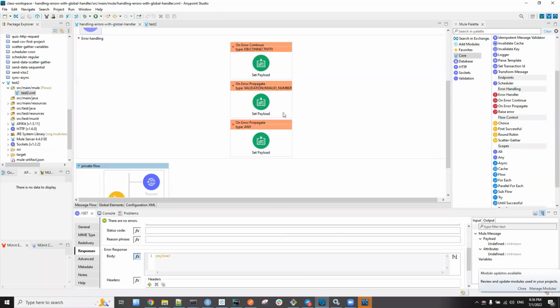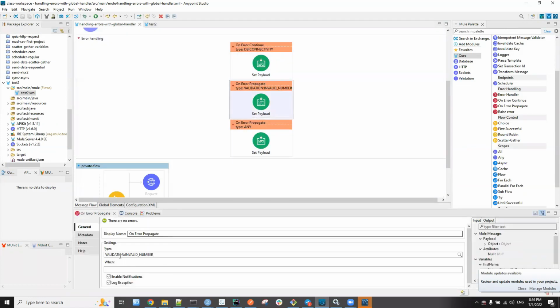Let's say this one, rather than using type here, I can put an expression under when, and we have to make it a DataWeave expression using hash sign and square brackets. Using this, then we can say error type dot namespace when it is a validation. So as you can see, it is validation here.